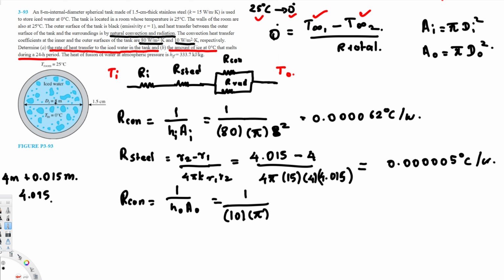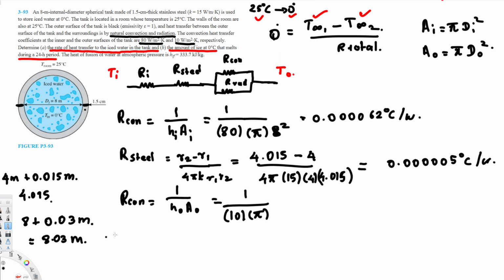So we have 8 centimeter, and diameter is going to be different, like 8 plus we have 1.5 centimeter thickness, so this one is 1.5, so we are going to have this one also 1.5. So totally we have to add 3 centimeter to the total diameter in order to have the full outer diameter. So this is going to be 3 centimeter. 3 centimeter is same as 0.03 meter, right? We have to divide this one by 100 to convert into meter, and now this is going to give us 8.03